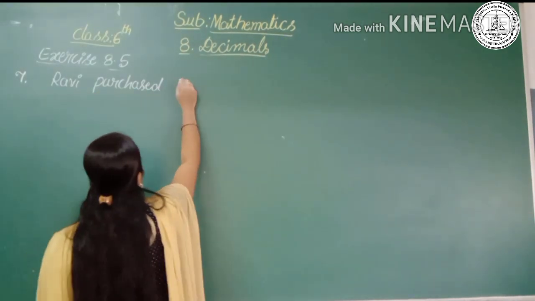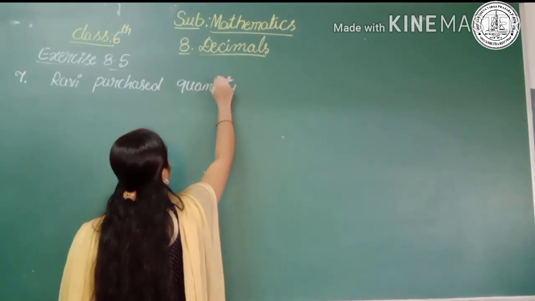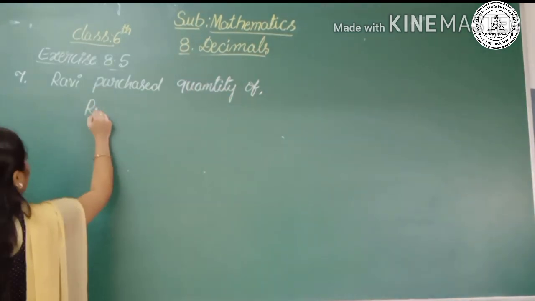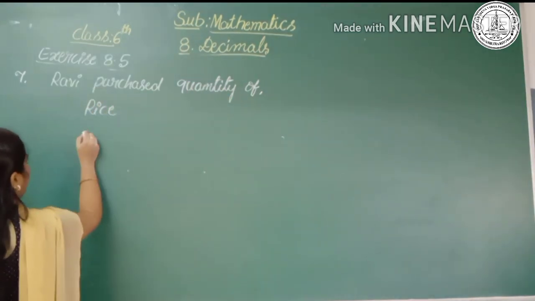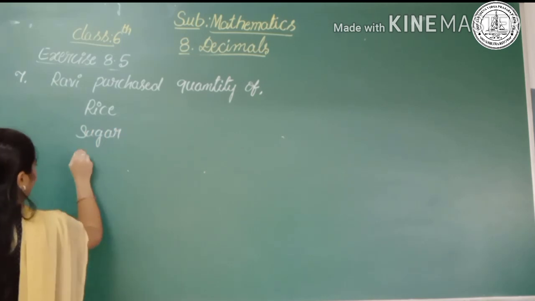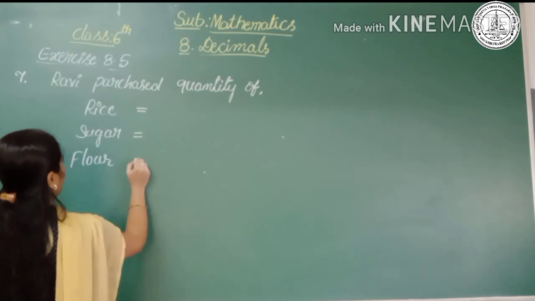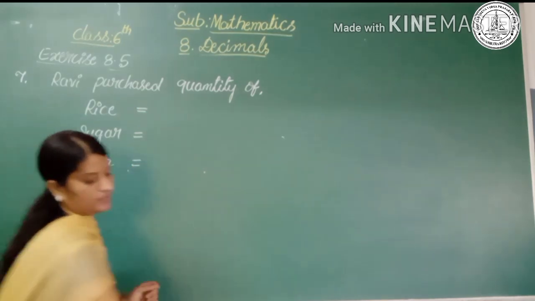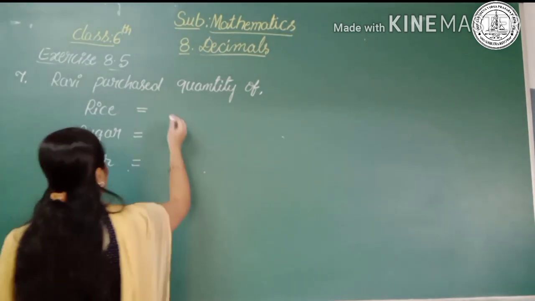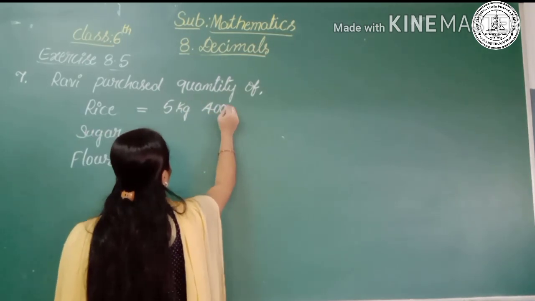Ravi purchased quantity of, keep the comma, first one is rice and sugar. Third one is flour. Okay, the weight of the rice is 5 kg 400 grams